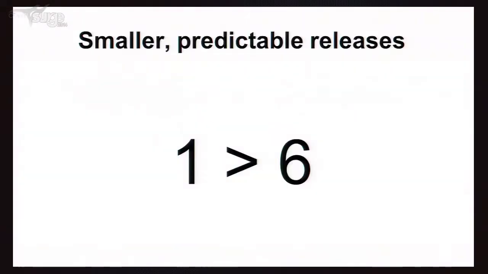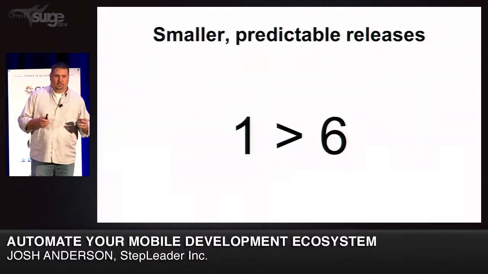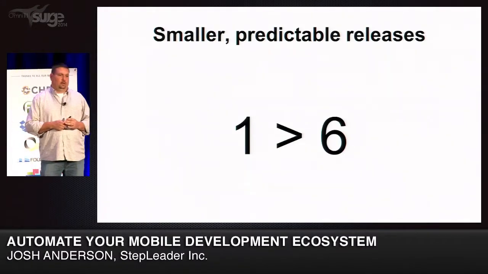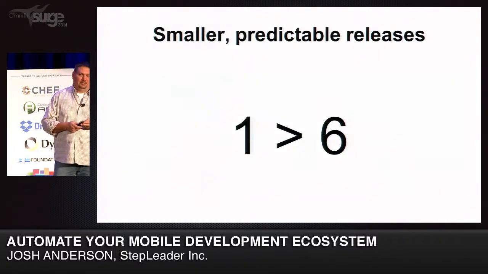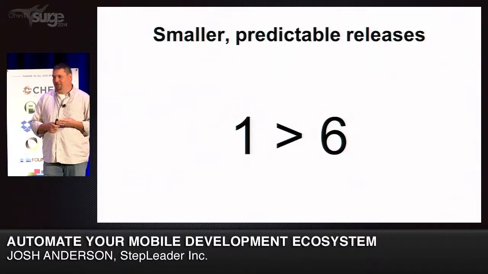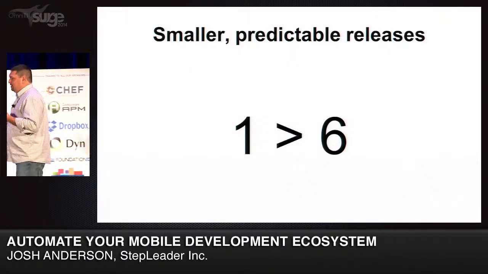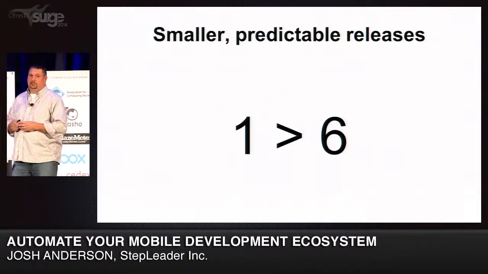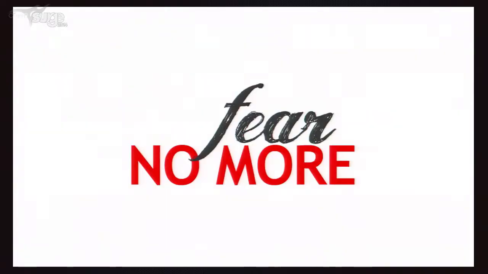I talked about the monthly release cycle. In my view, this is the one time in my life that 1 has been greater than 6, because our release cycle was 6 months before we got all this in place. We got it down to 1. We got more sleep. Our spouses were happier because we saw them. Our kids were happier because we saw them. Our customers were happier. We actually released new features. We hadn't done that in years. So everybody was in a much better spot. At the end of the day, we had no fear. We were shipping much faster.